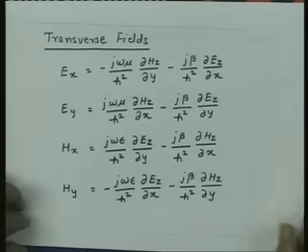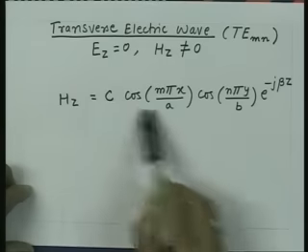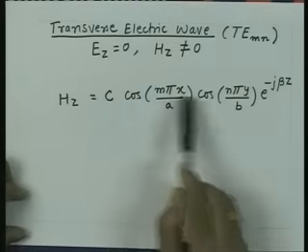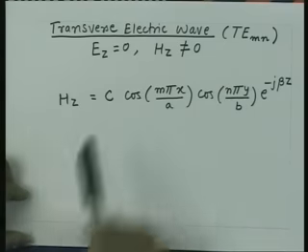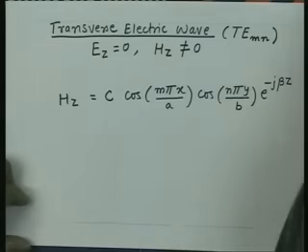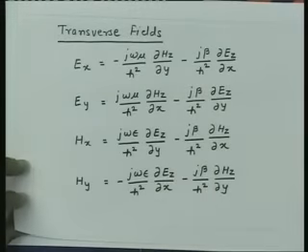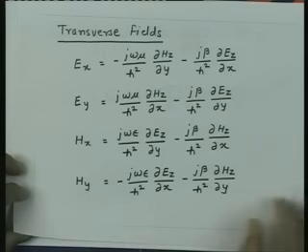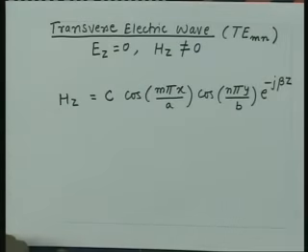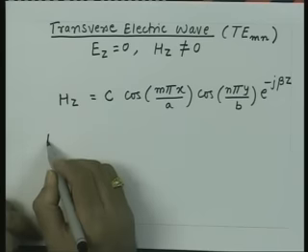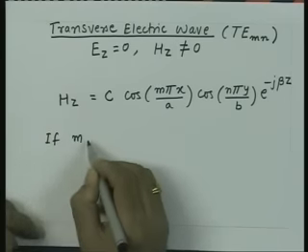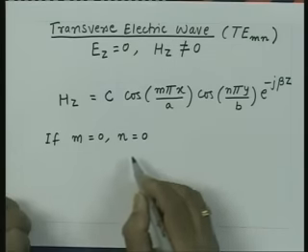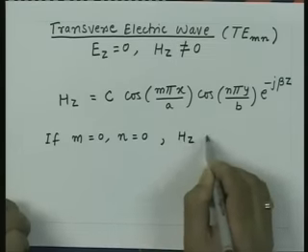So, if I have a field which is constant, if it does not vary as a function of space, that is what m equal to 0, n equal to 0 would mean, that Sz is constant. Essentially all the space derivatives are 0, and that means all the transverse fields will identically go to 0. So, if we consider a situation that if m is equal to 0, n equal to 0, then Sz is constant,